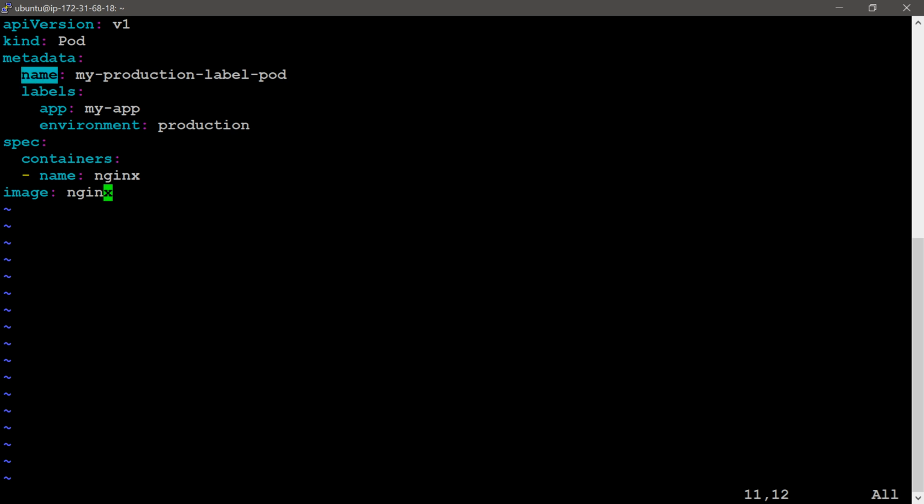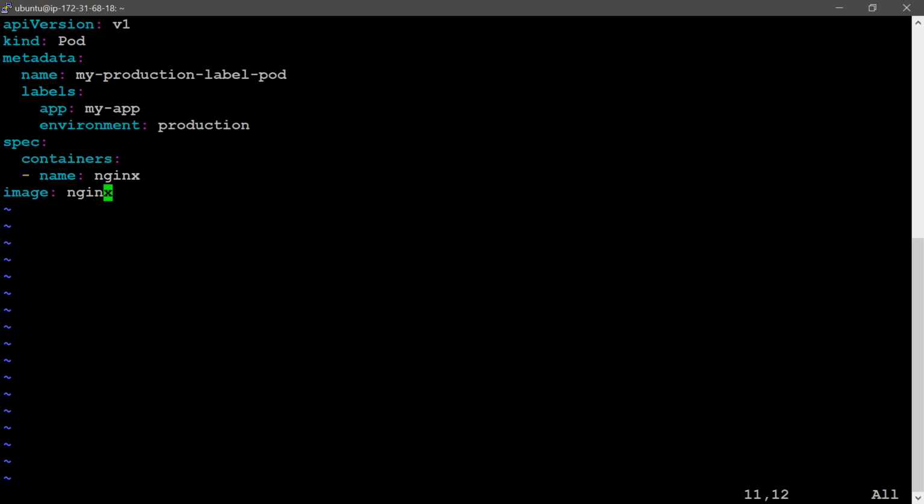I will give the name for this pod. Then in the labels section I will give app: my-app, and environment. These are two labels. Environment: production I am providing for this.